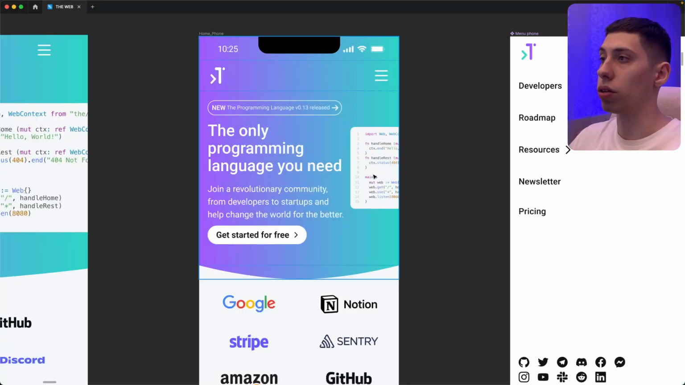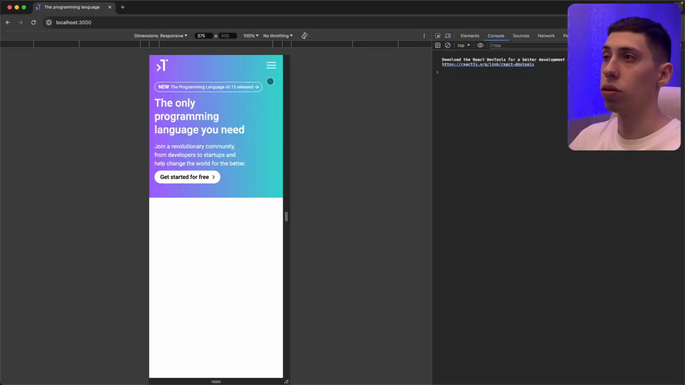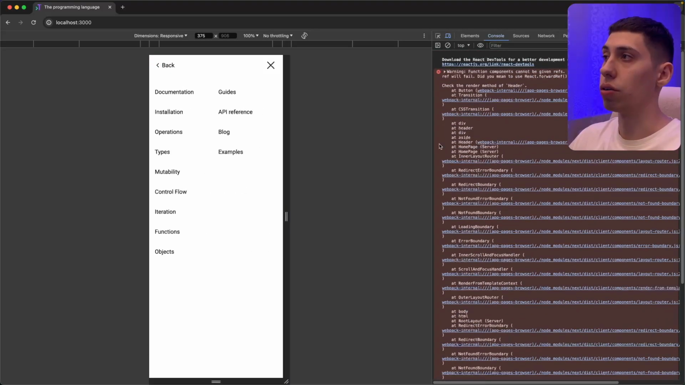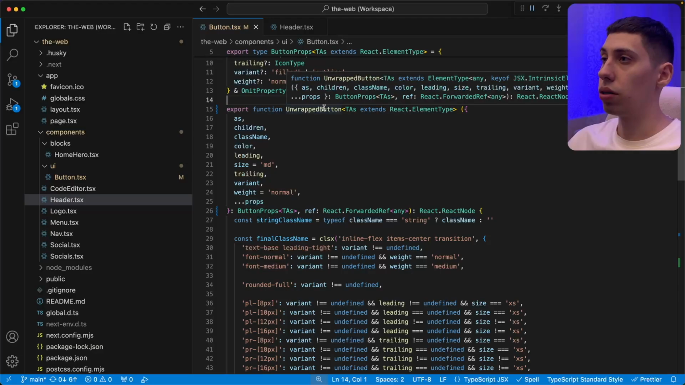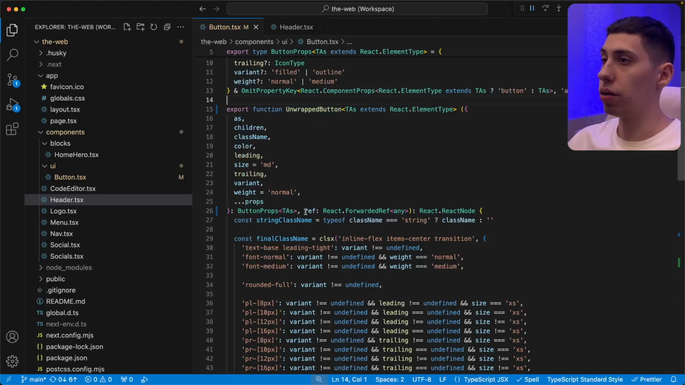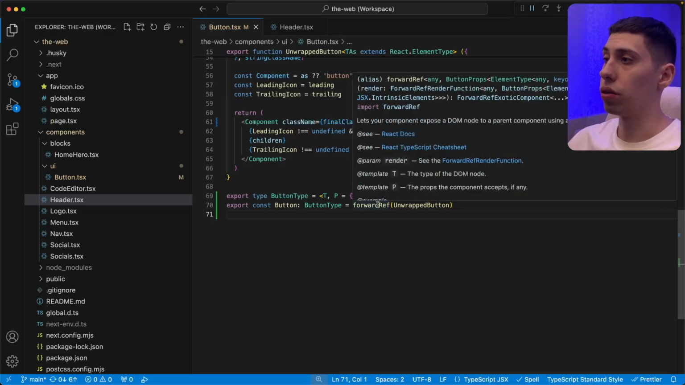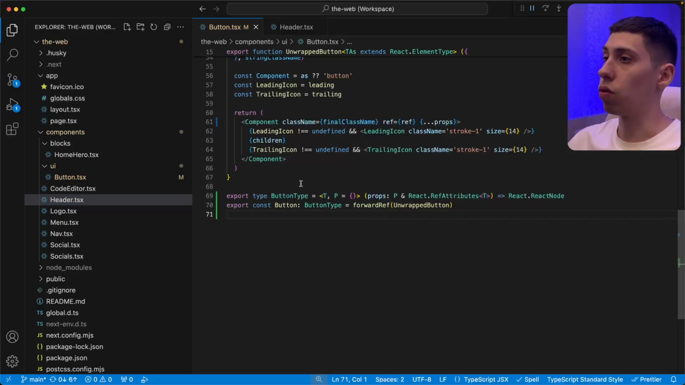I want to finish the hero block, but without the code editor part. First things first, let's fix the reference for the button that is causing this error. To fix this, I rename button to be unwrapped button and I add reference as a second parameter. And I'm just using React forwardRef function to be able to forward reference as a second parameter in my